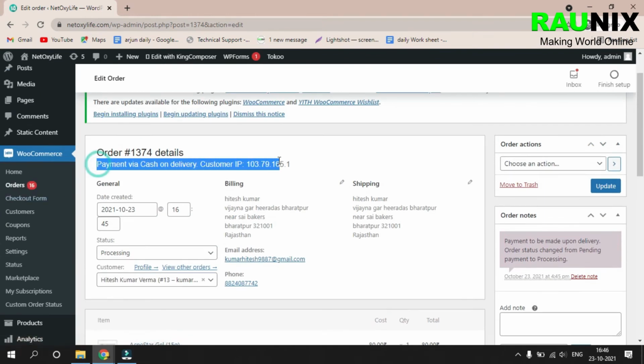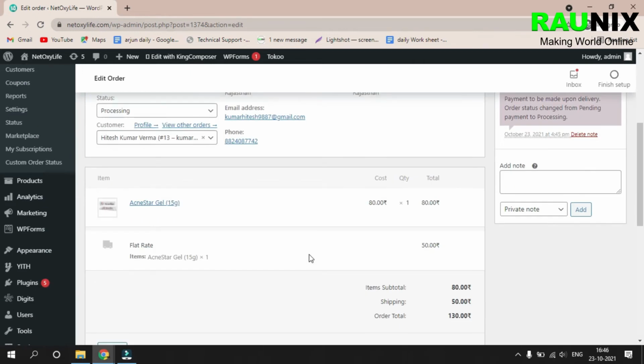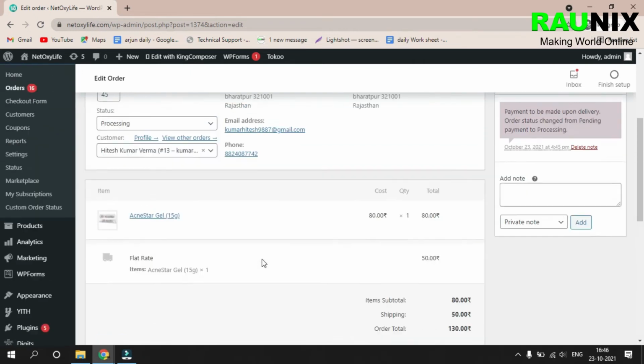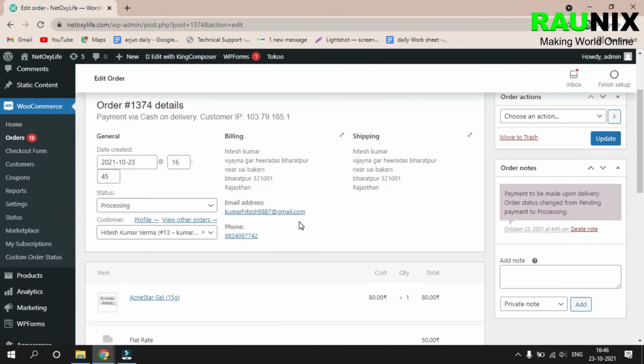The customer name, number, product detail, whether the order is COD or online payment, all the other details you can see. You can also change the order status like this from the admin panel itself.